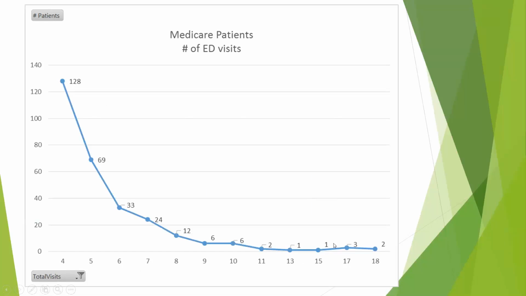We want to focus on these patients in this last section, the frequent utilizers, and see if we can figure out what's going on. We also don't want to forget this high volume here, and begin to look at that utilization and see how we support that. But we're going to start with the 15, the 17, and the 18